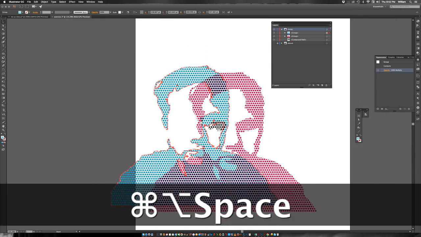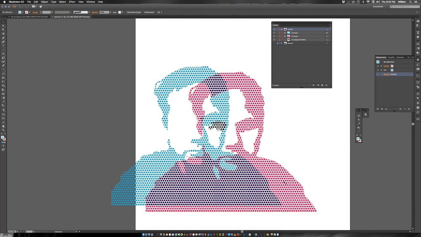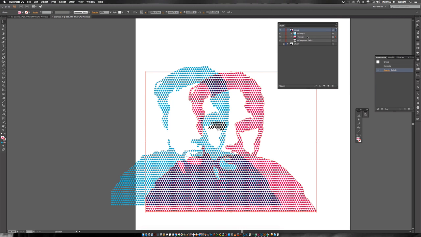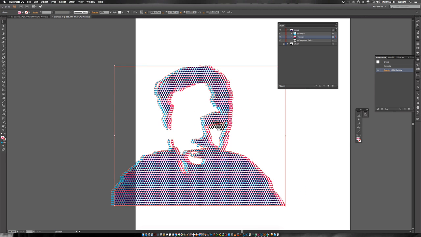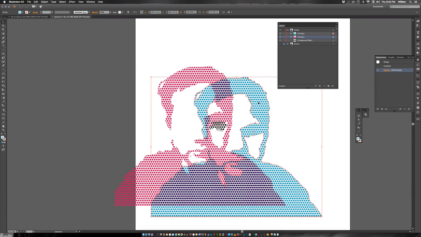Just for safety's sake, if you're not sure which element is on top of the other, you can always tell by looking in your layers, and you can get your group, and you can come once again to your appearance palette and go opacity, and again make that multiply. So you can be sure that when you mix the two together,